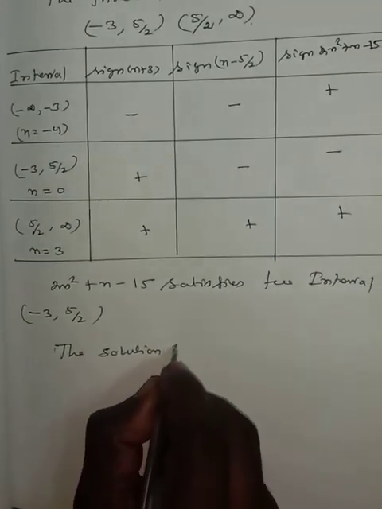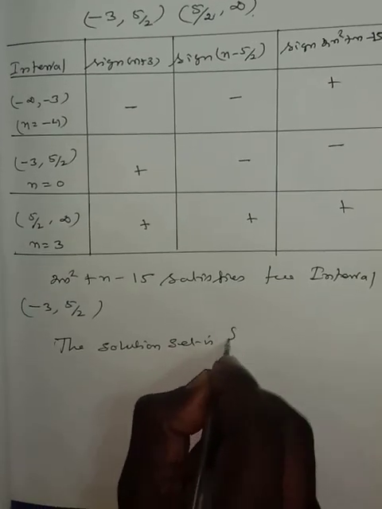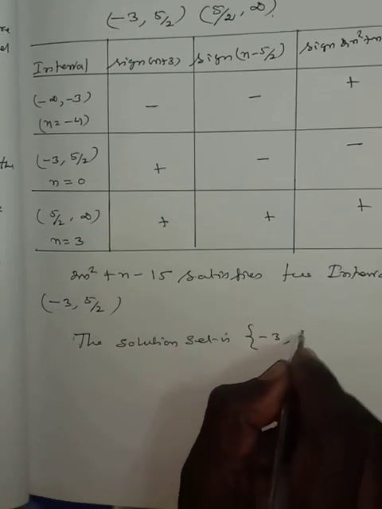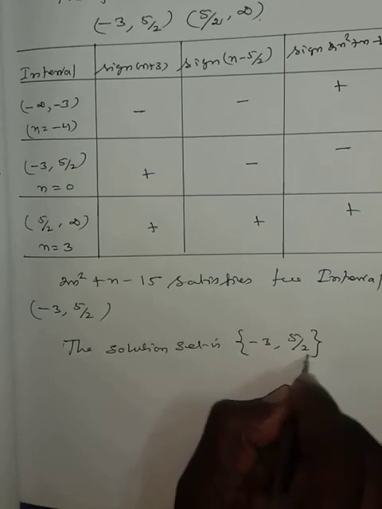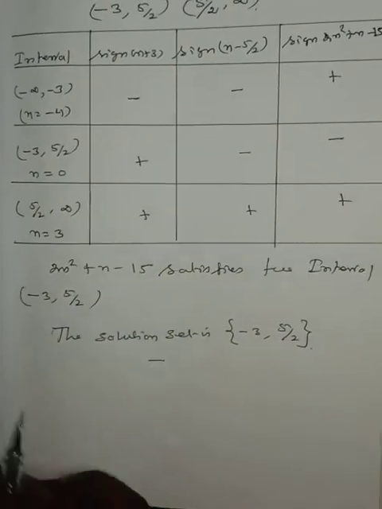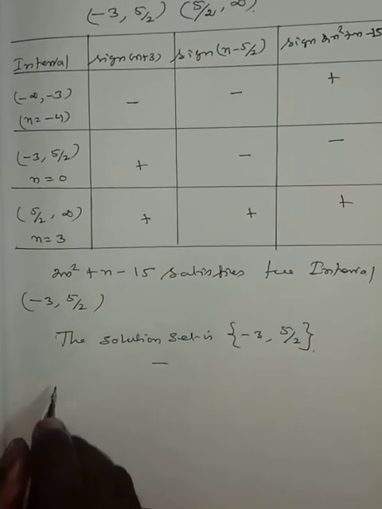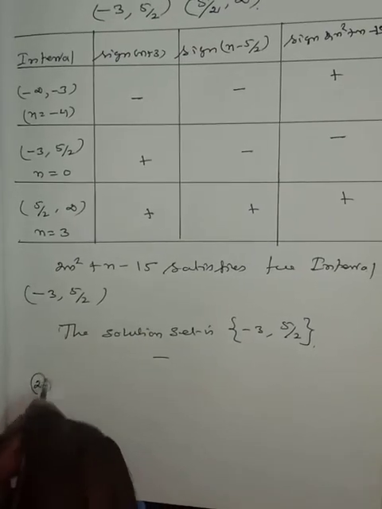Therefore, the solution set is minus 3, 5 by 2. Next, question number 2. Solve